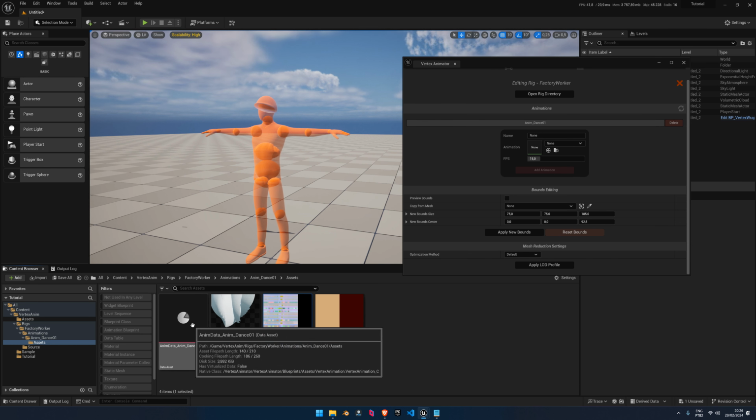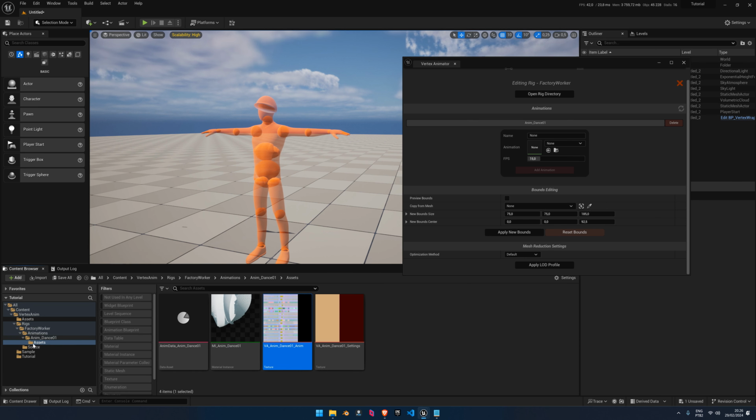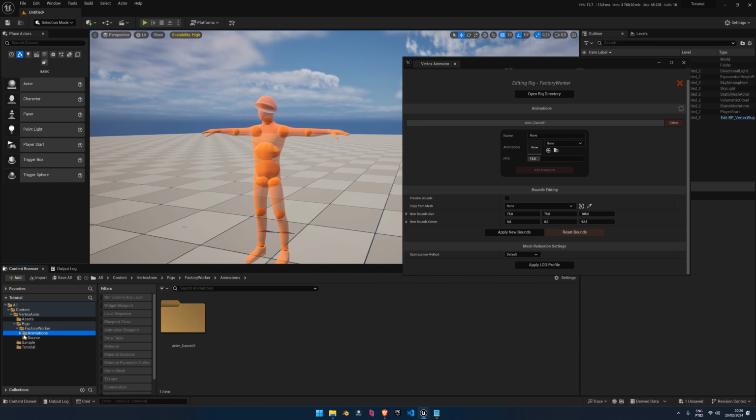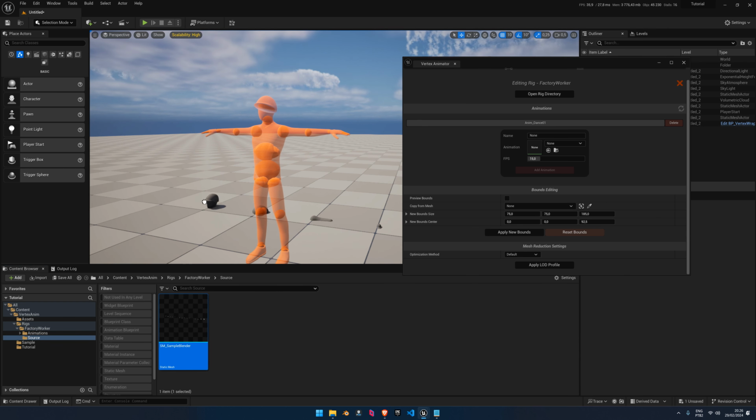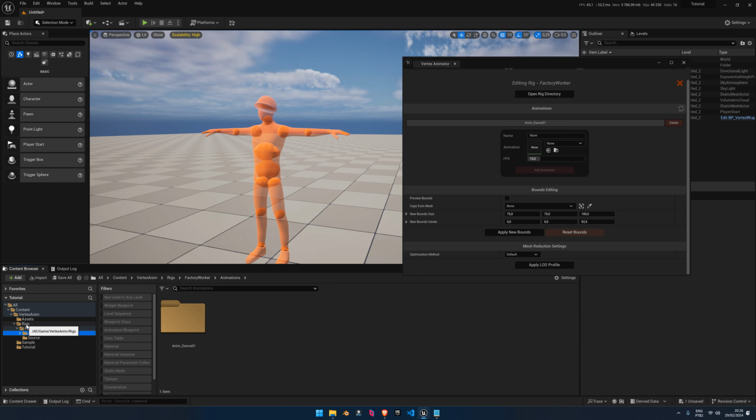You don't need to change anything inside, and I honestly don't recommend changing anything because it may affect the animations. And also under the name of the factory worker, which was the name of the rig, you'll see the rig file, and the source is basically the static mesh, so you kind of contain things inside here. In the assets folder,